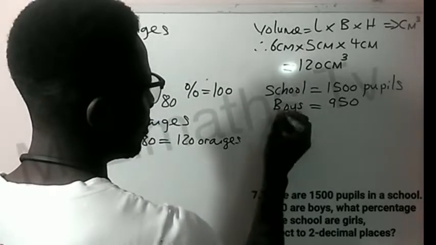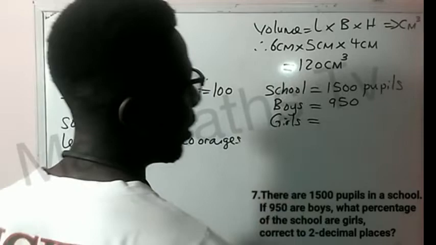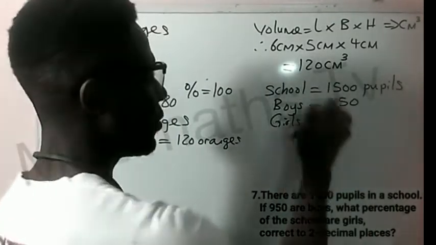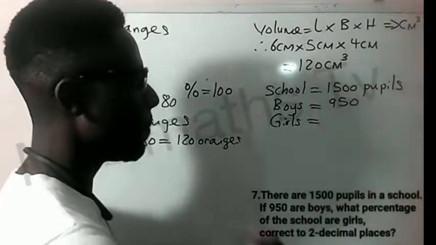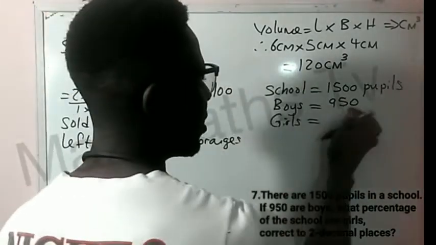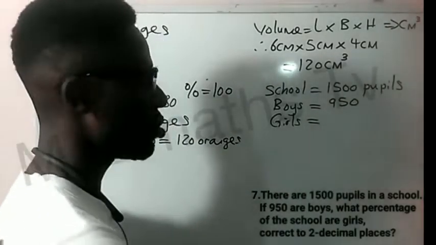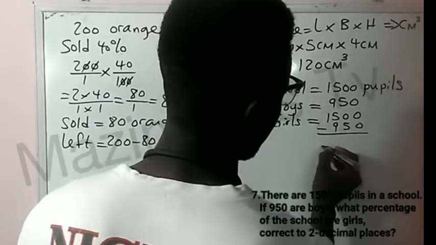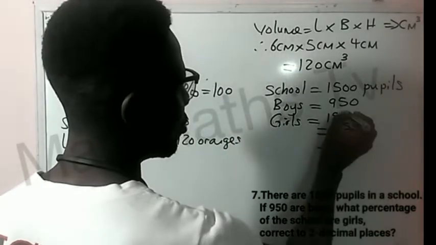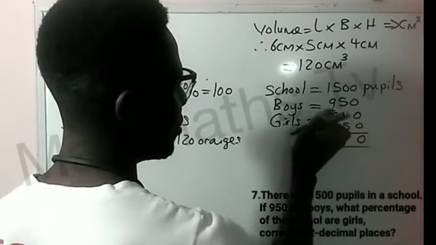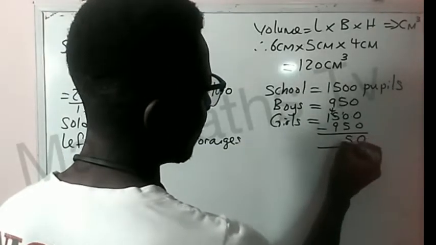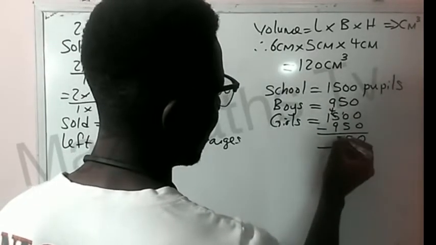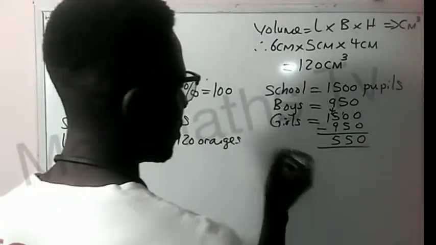First, calculate the number of girls. In the school there are boys and girls. There are 1,500 pupils, and out of this 1,500, 950 are boys. How many girls will be there? It simply means you take away this 950 from the total number of pupils. So we are going to have 1,500 minus 950. 0 minus 0 is 0. You borrow 1 here, this gives you 10, and this remains 4. 10 minus 5 is 5. Now you have 14. 14 minus 9 is another 5. So which simply means 550